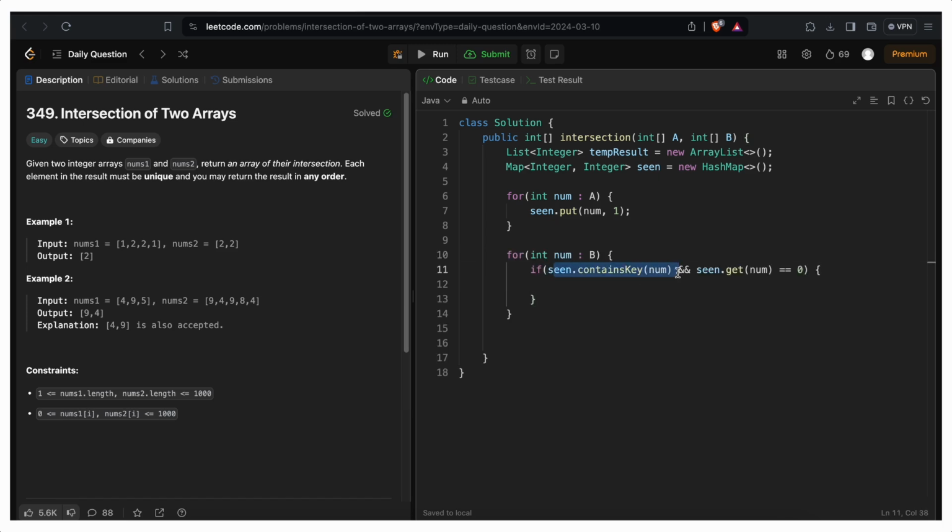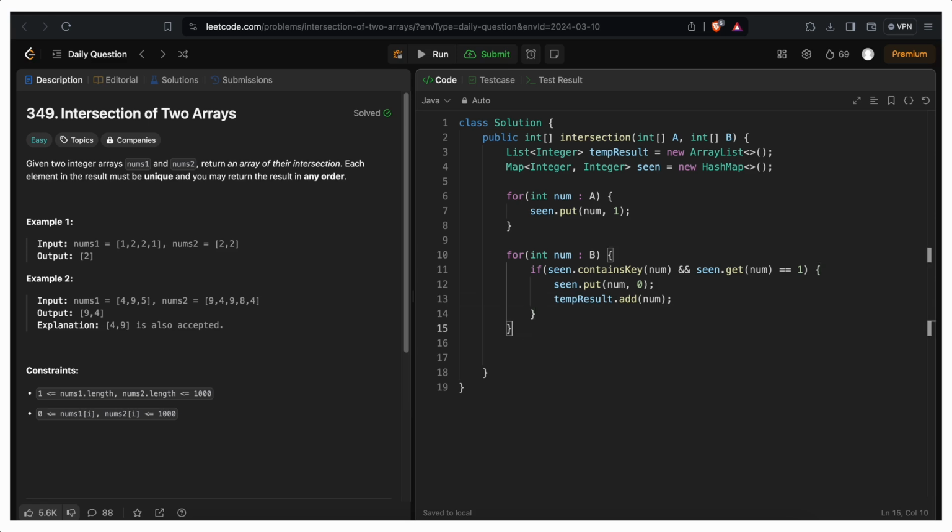So seen dot put num comma 0, and also we are going to add this number as a part of temporary result. So temp result dot add num.